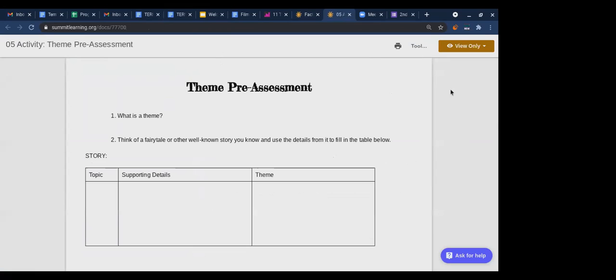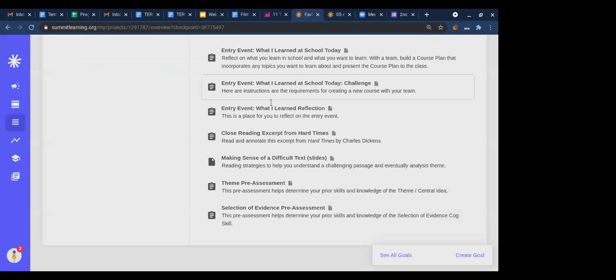All right, you won't be able to submit it because it's not a checkpoint. So you can just let me know when you're done. I'll also be checking periodically throughout the week. And then when you finish the theme one, you can go back to the same place and click on the